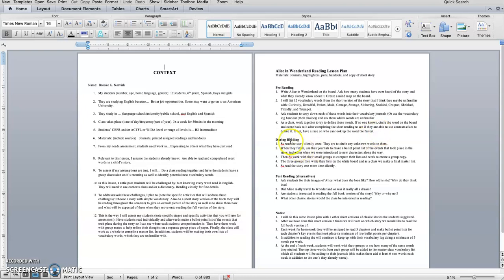So during the actual reading process, I'll have the students read silently to themselves and circle any additional unknown words. When they finish, I'm going to have them use their journals to make a bullet point list of all the key events that took place in the story, and which new characters were introduced along the way. So did they meet the White Rabbit first, or did they meet the Mad Hatter first? Little key details like that, just to show me if they were able to, one, pay attention close enough to the story, and two, were they able to